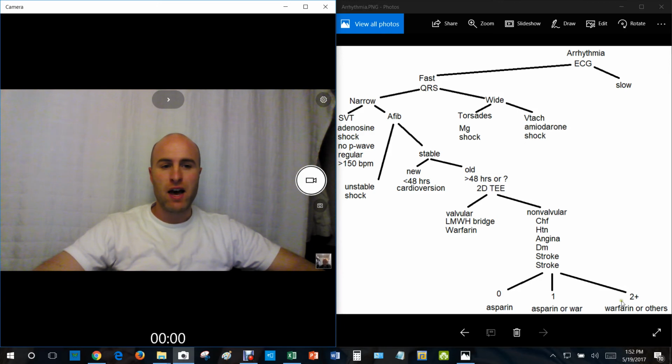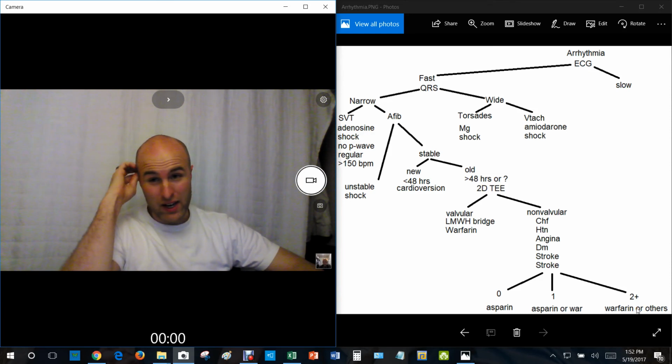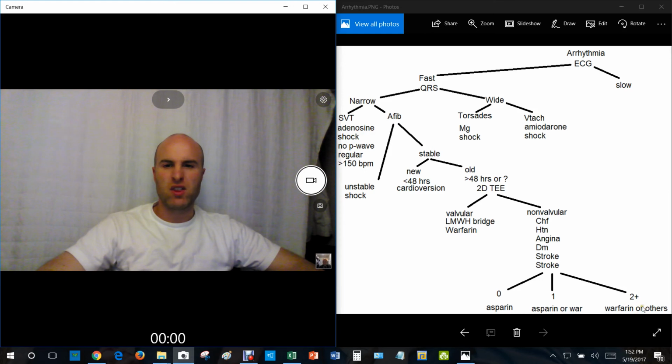And if they have two of these things, or they have a stroke, so if they've got diabetes and angina, or hypertension and diabetes, or congestive heart failure and hypertension, or they just had a stroke, have had one, then you need to put them on warfarin or one of the novel oral anticoagulants. You need to talk that over with them, because if they're on warfarin, you're going to need to be checking their levels all the time to see what their INR is, because warfarin's really weird with the way it's metabolized. And if you put them on one of the novel oral anticoagulants, then you need to